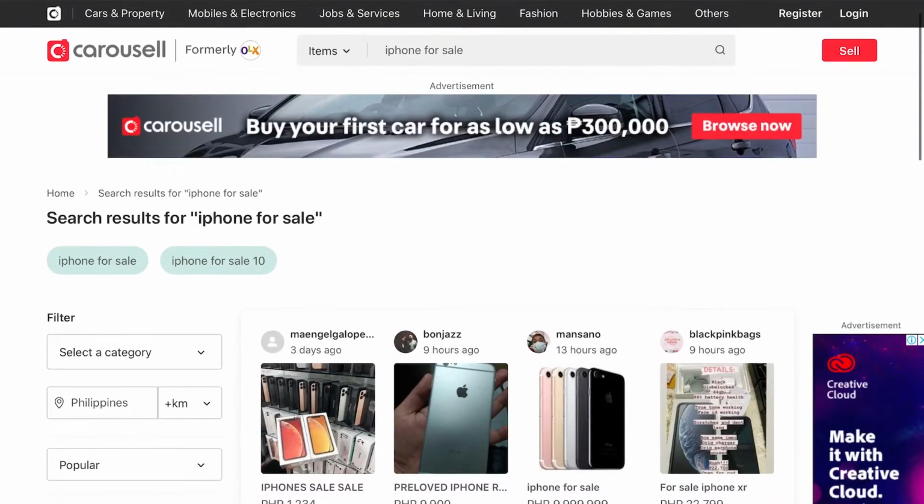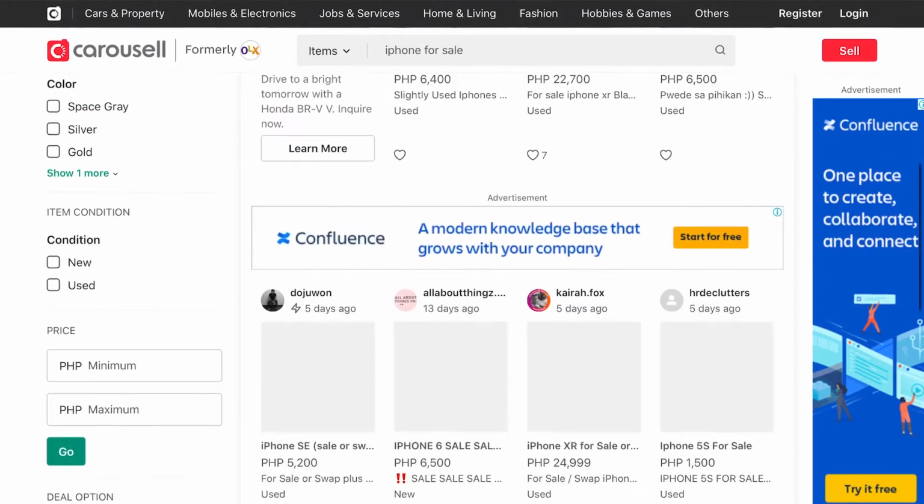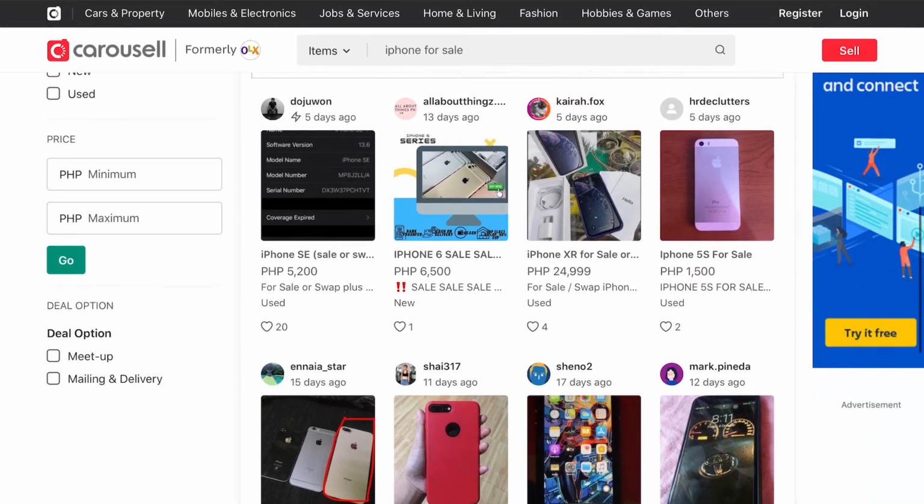The first thing that you should consider is price, of course. Remember, mobile videography doesn't have to be expensive. You can buy second-hand or refurbished phones as long as it delivers what you want to use it for. Of course, it's not bad if you spend a lot of cash to buy the best camera phone out there. Just keep in mind that there are budget-friendly options out there that can deliver the kind of footages you want